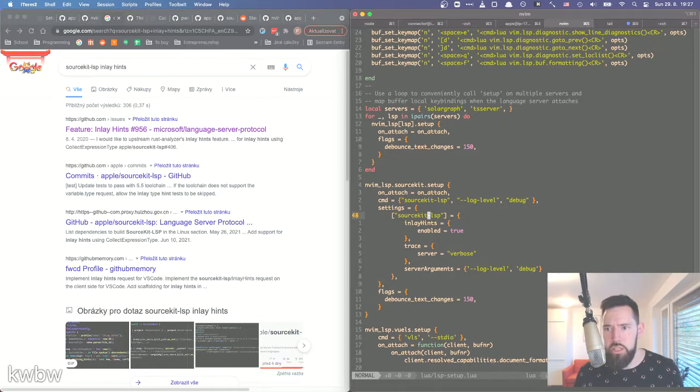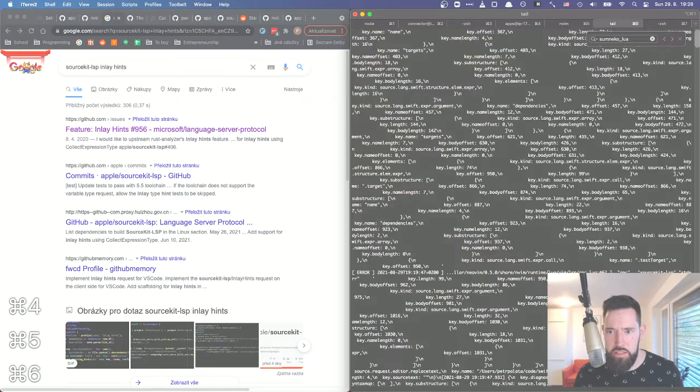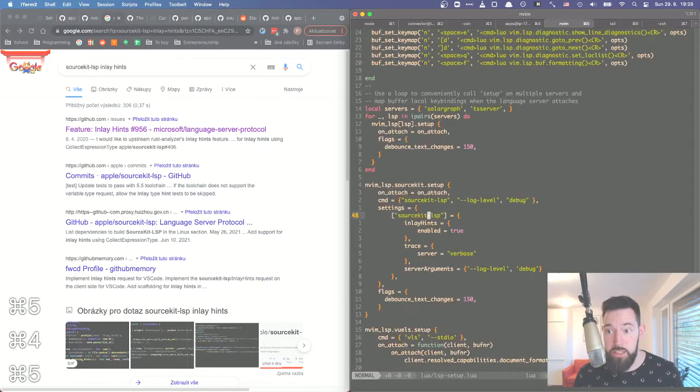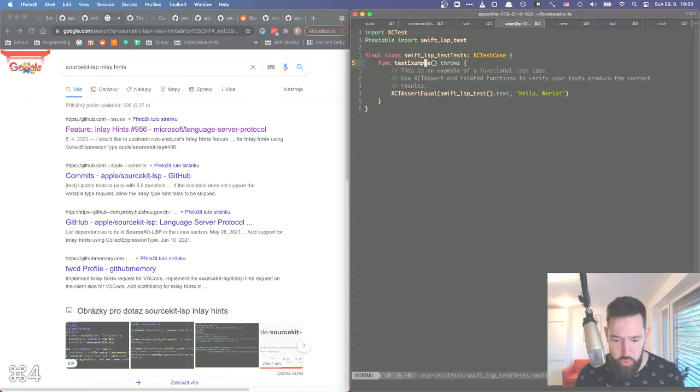The first thing that kind of makes me sad is that it doesn't support formatting. I don't know why they decided to ditch formatting, but